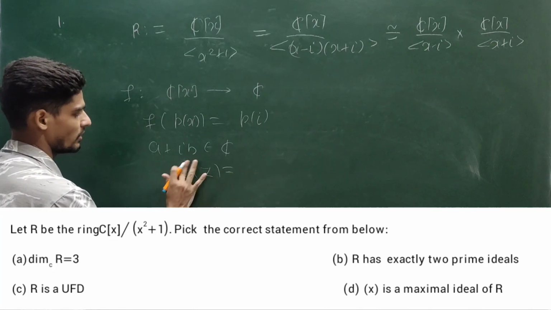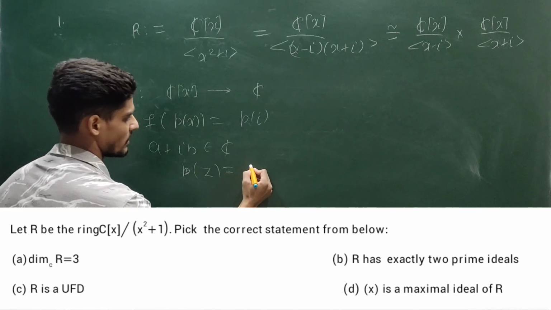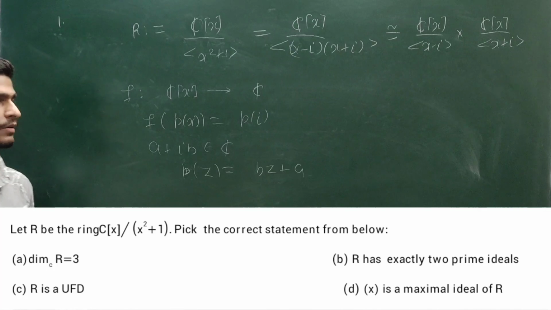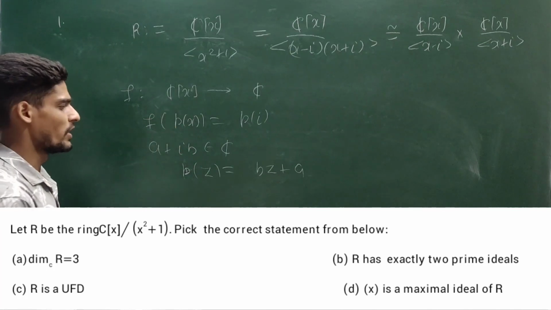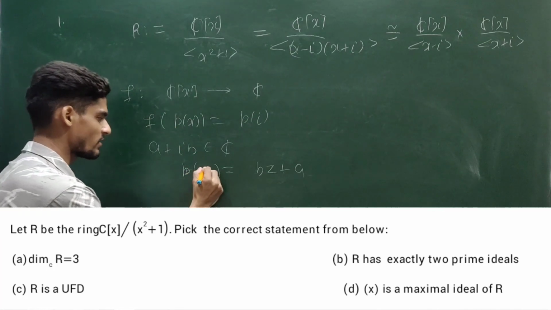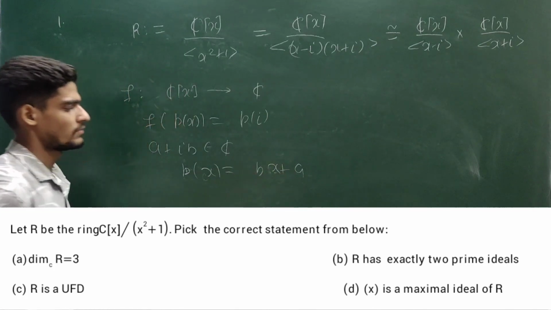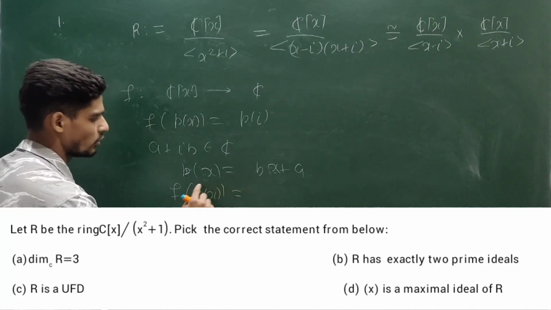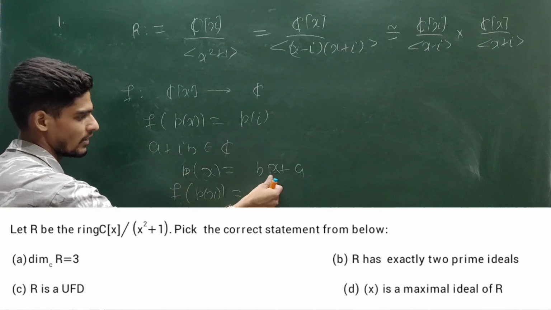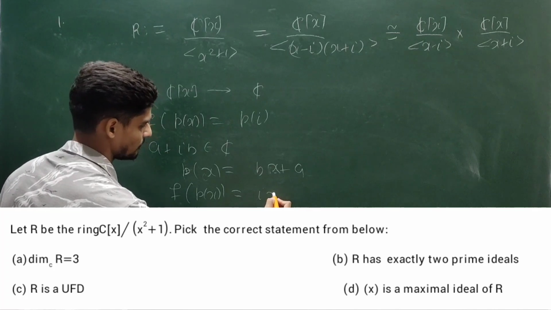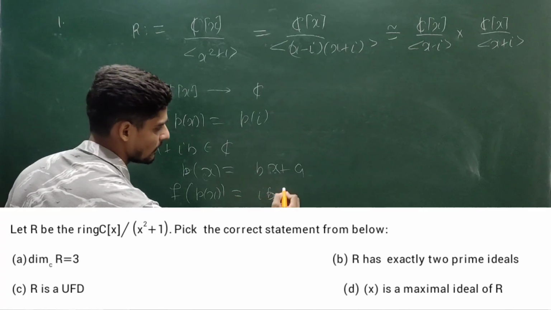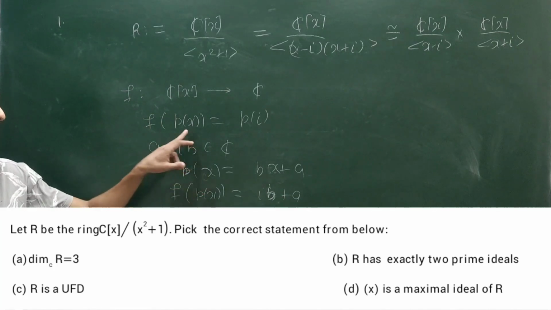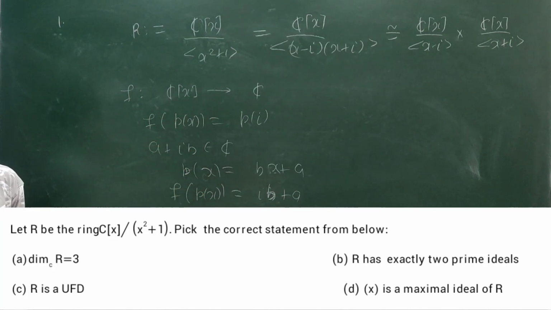Set p(z) equal to say bz plus a. This is a polynomial inside Cx, or if you are writing x, you can use x notation. Now take the image of this p(x) under the mapping f. You are going to get it is sending to p at iota. So p at iota value will be iota b plus a. So this polynomial is a pre-image of this element. So this mapping is an onto ring homomorphism.